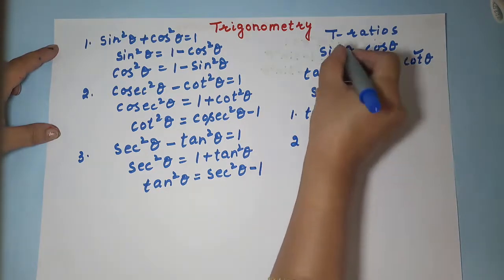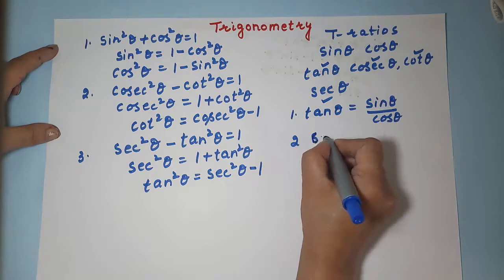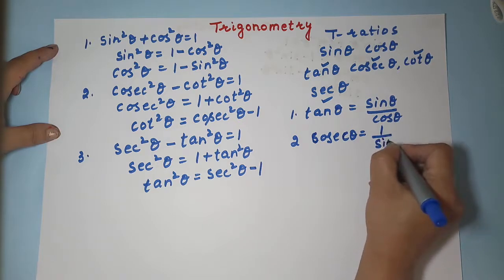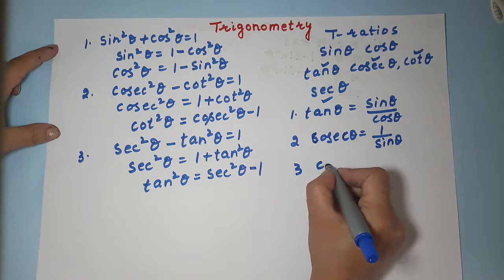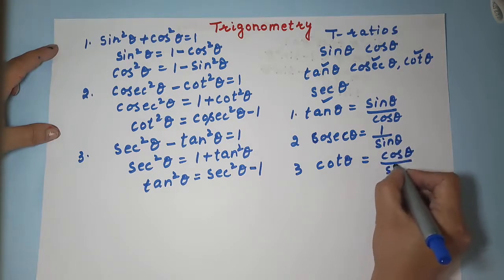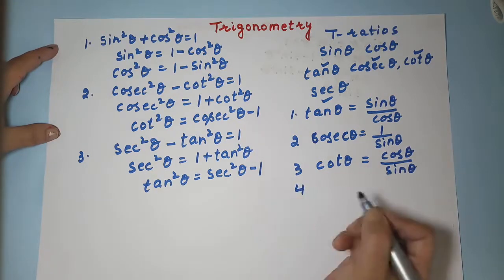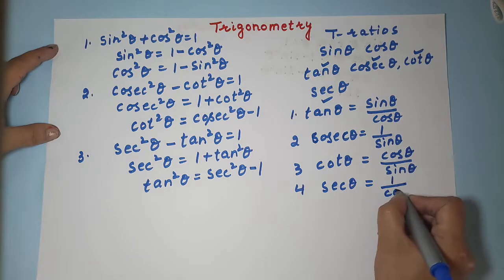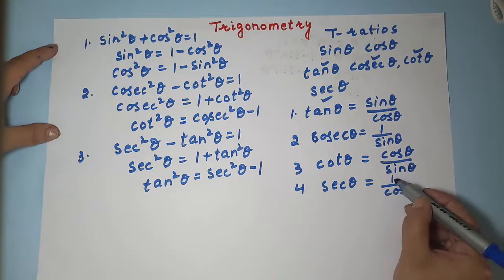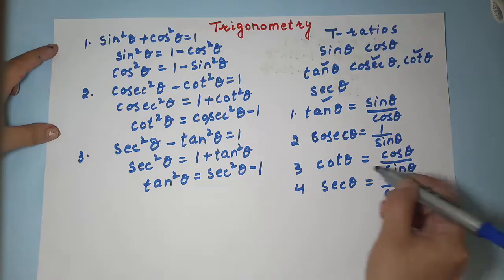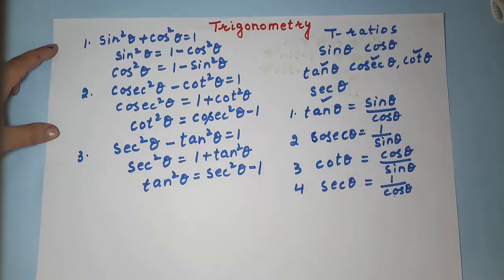How do we write cosec theta in terms of sine cos? So cosec theta is equal to 1 by sine theta. How do you write cot theta in terms of sine and cos? You can write this as cos theta by sine theta, right? Then you have sec theta. How do you write this in terms of sine and cos? 1 by cos theta, right? Sometimes in place of 1 by cos theta, you use sec theta. Similarly, in place of cos theta by sine theta, you use cot theta. So vice versa.